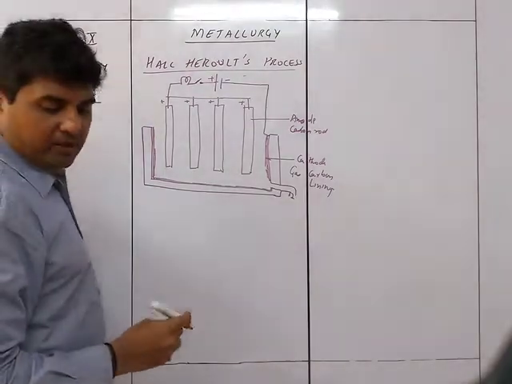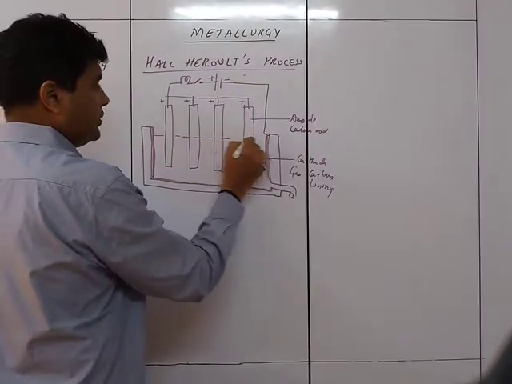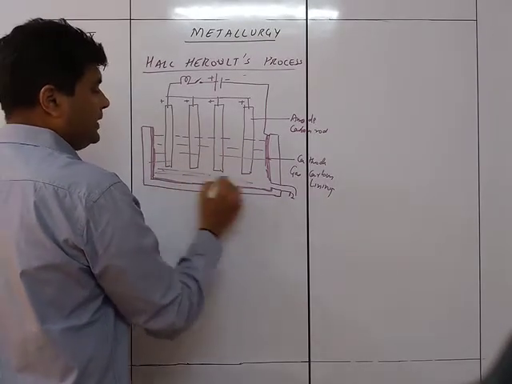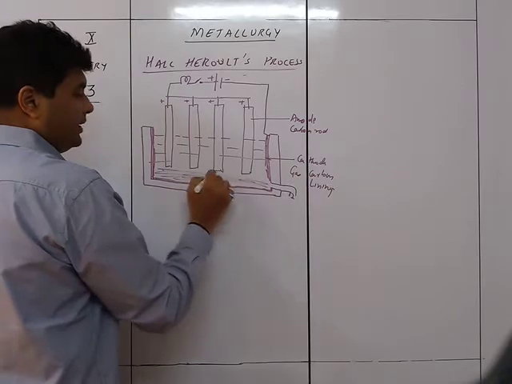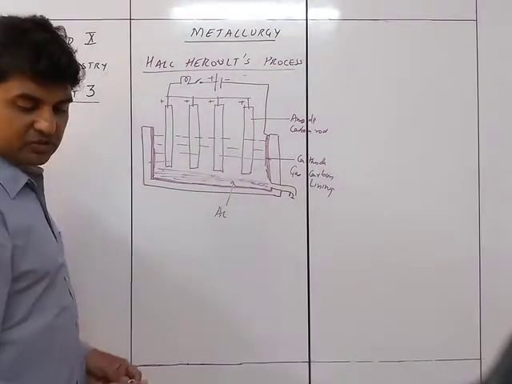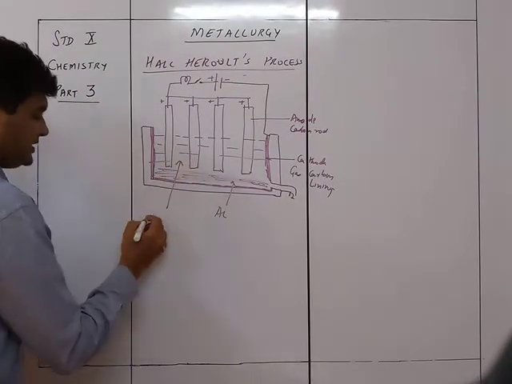Inside over here will be the electrolyte. So there will be electrolyte which is going to be filled inside, such that the aluminum is going to be coming up at the end over here. This is nothing but the Al, aluminum, which is going to be in the form. Now the electrolyte which is over here, this is the electrolyte.